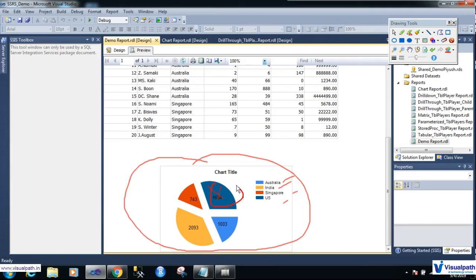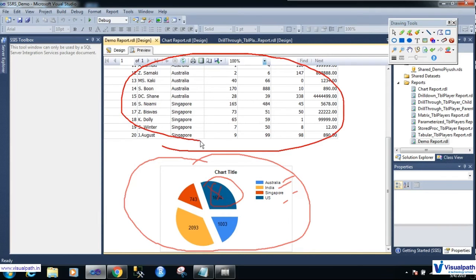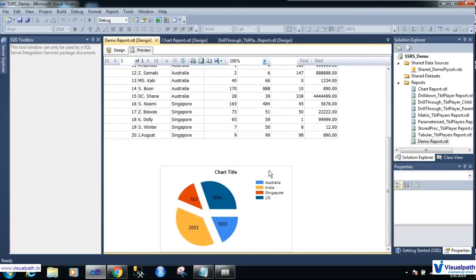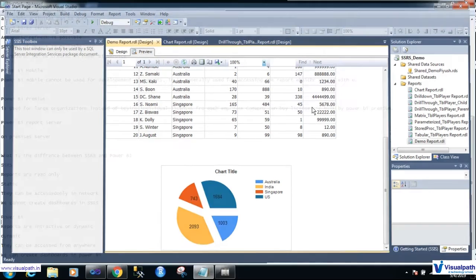If you want to click here and this chart should get filtered when you click on Australia, or filtered according to Singapore when you click there, these are not interactive. They are not interacting with each other. So these are static reports. This is a limitation in SSRS. But when you come to Power BI, these limitations are removed.